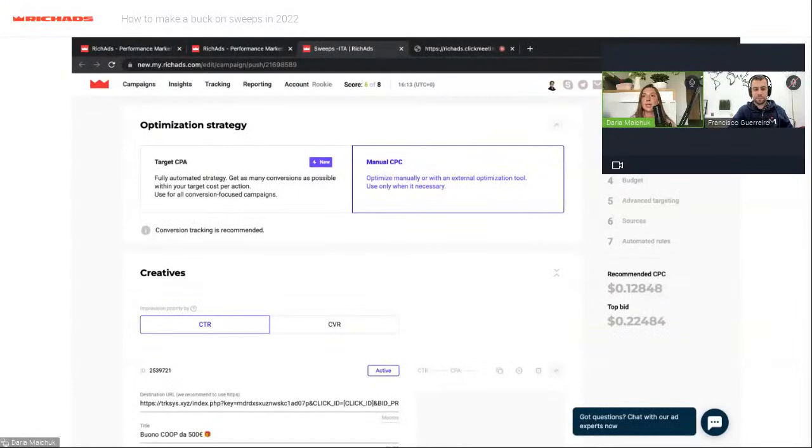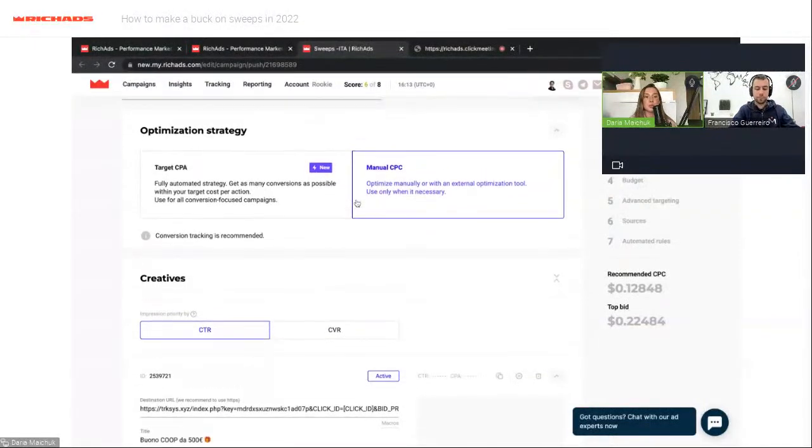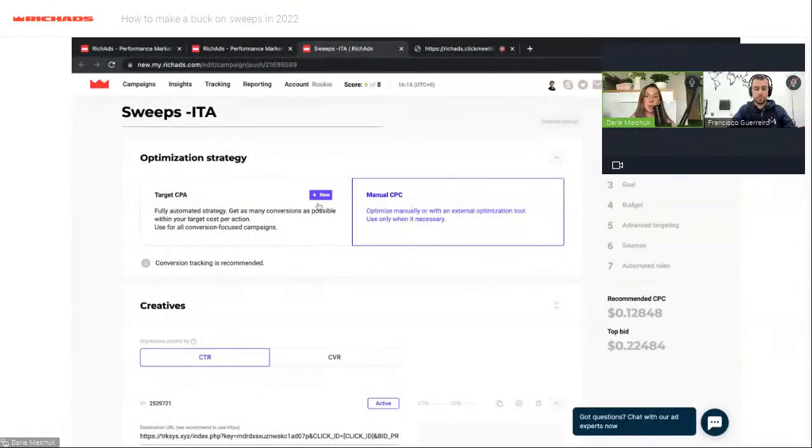Our system will add publishers and sites to the blacklist, and will change microbidding. For this target CPA campaign, you need to have a CPA lower than $10,